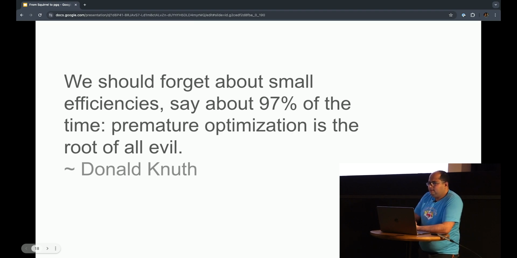because sometimes we try to prematurely optimize something much sooner than when it's time.